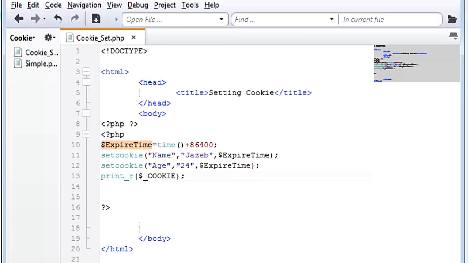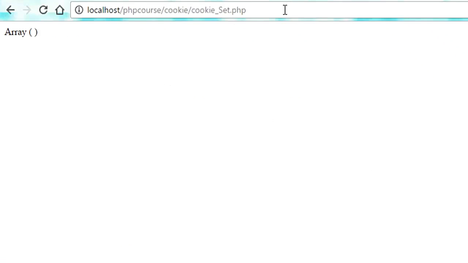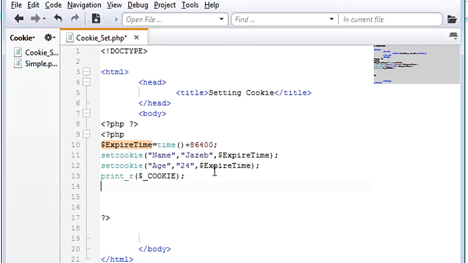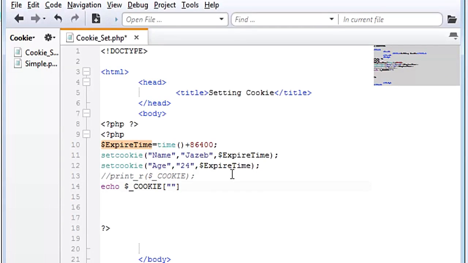Saving this one out, refreshing the page. Now we have this array. So if I want to see my cookie of name, I can say echo cookie of name, and I can say echo "my name is", this cookie concatenation of name, concatenated with another string,